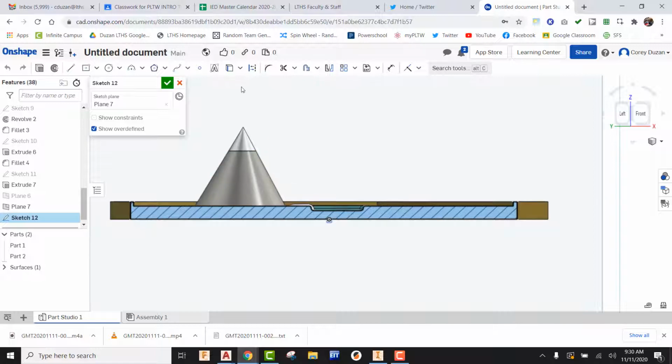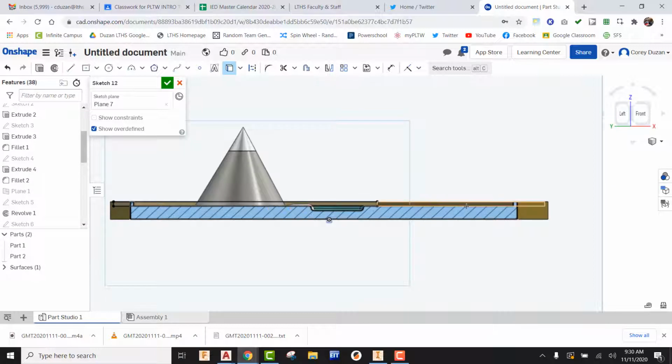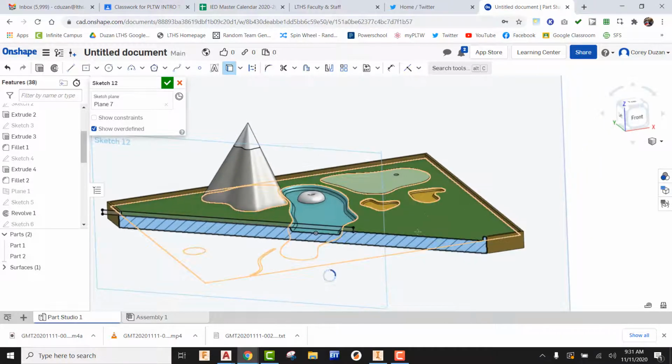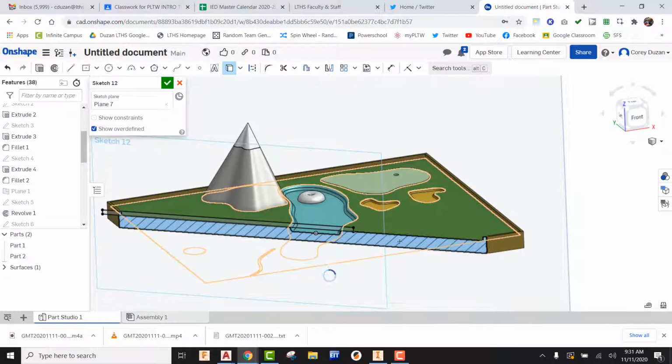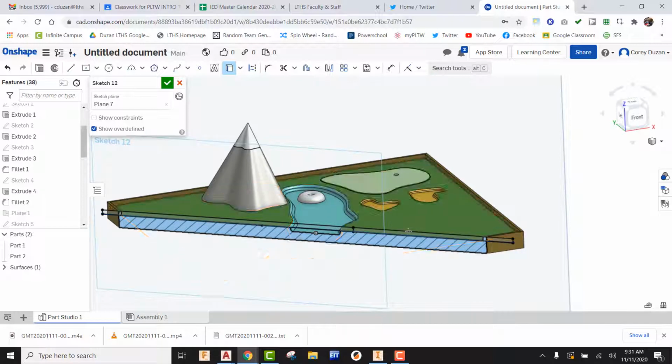So what I'm going to do is come up here and go to use, and I'm going to see if I can get some of this geometry to pull over because I do need to know where the top of that surface is. Once I do that, it looks like this sort of portion over here did not come over. I think we've got it. Okay, so once we have that,